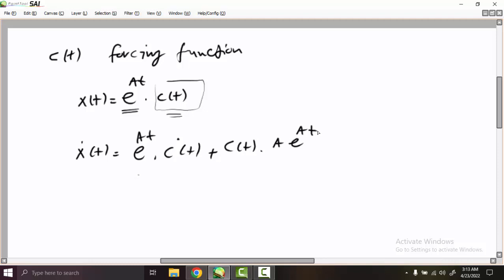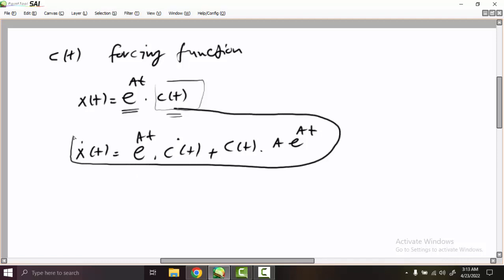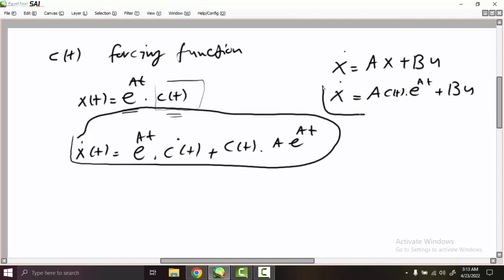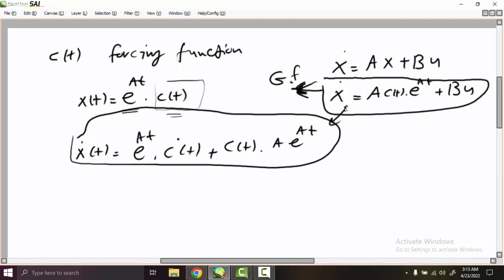So if we equate this equation to the general form, we know the general form of state space is x dot equals ax plus bu. In this case we have x of t substituted here. So a times x of t, which is c of t, e to the power of at, plus bu. This is the general form of state space. So if we equate this one with this one,